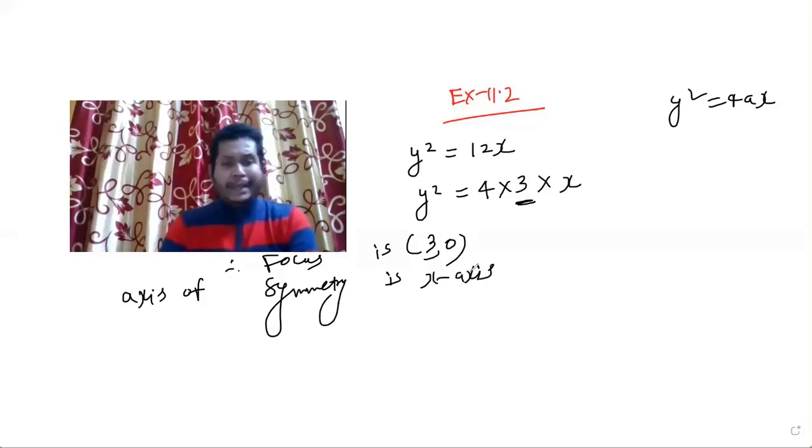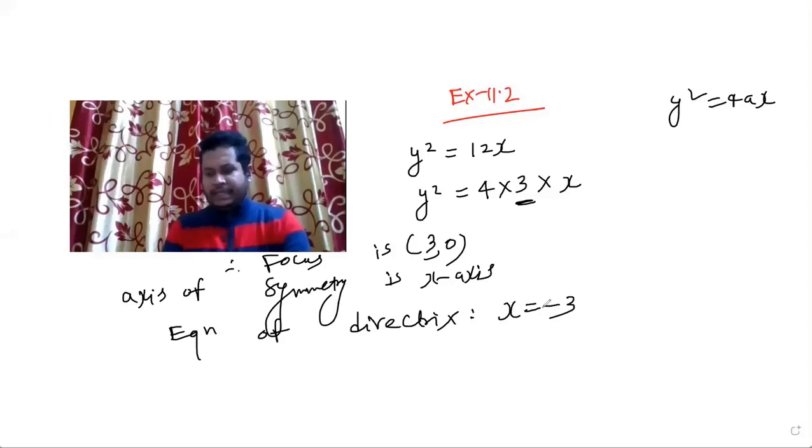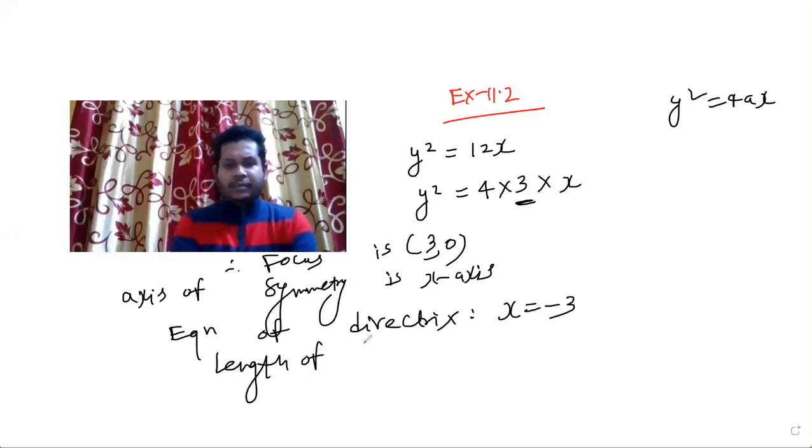They're also asking for the equation of the directrix. In this case, as we know, the equation of the directrix is on the negative side, so it should be x = -a. In that case, it will be x = -3. Pretty clear, I guess. And then the length of the latus rectum, as we all know, the formula of the latus